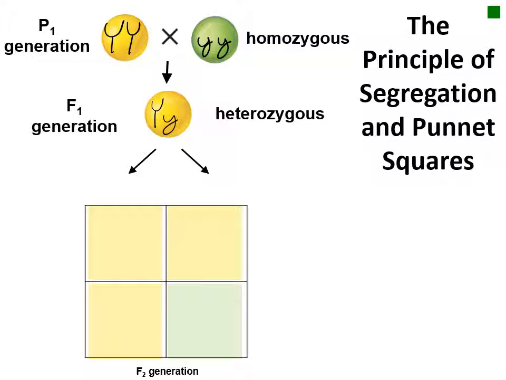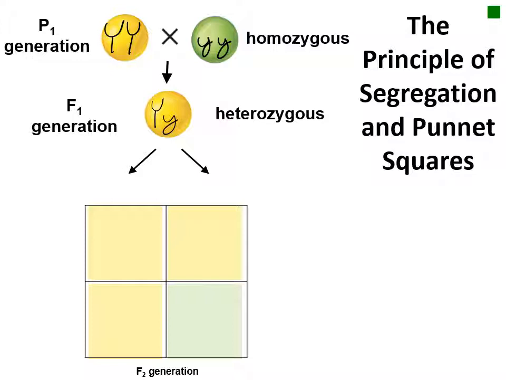In a heterozygous organism, the trait that is seen in the phenotype is said to be dominant, while the trait that does not appear is recessive. In this case, all the F1 generation were yellow, so yellow is the dominant trait. Dominant traits are often symbolized with a capital letter allele, while the recessive allele is indicated by lowercase.